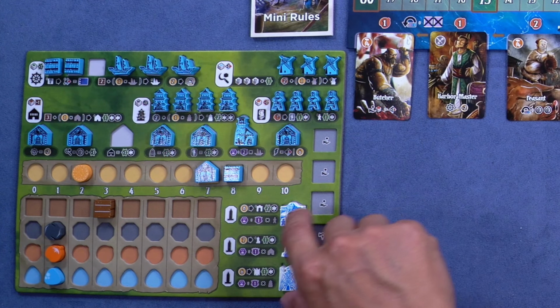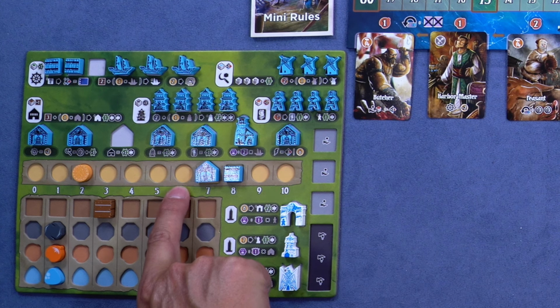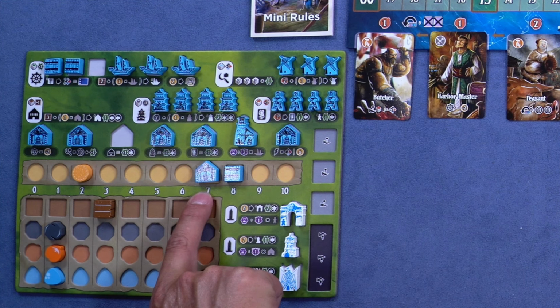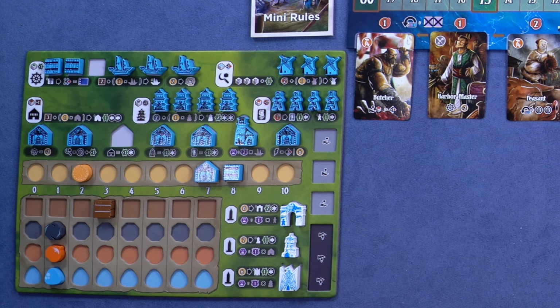One thing to note on this player board is that this is the money track. The money track at the beginning of the game is stuck at a cap of 6. Can't go past it because there's a manor and there's a shipping crate here. Once you unlock that manor, the shipping crate goes away as well, and then it gives you an increased